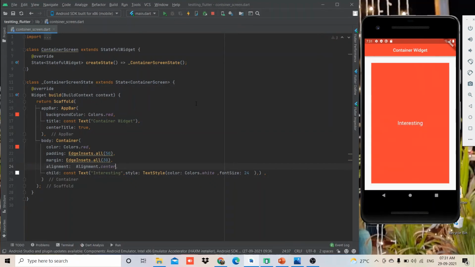By default, it expands to fill the parent width and height. This is the margin we have given, and it will expand like this.